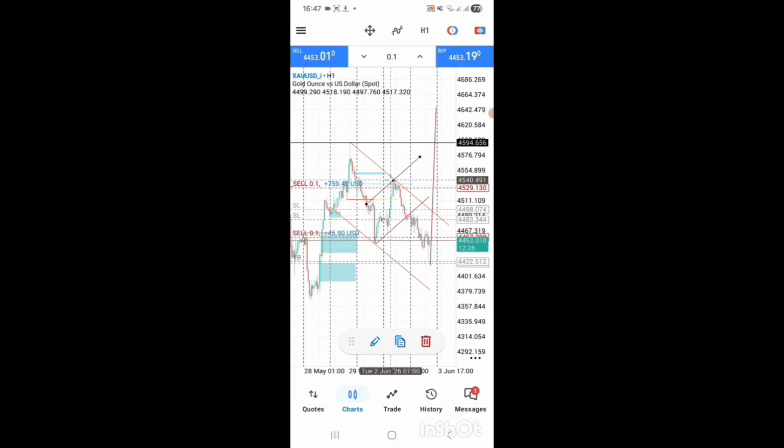However, it's a setup in a setup, because the setup is not finished. This is a bigger setup, and this is the setup in the setup. It's a trend in a trend. See, because this whole setup I'm waiting to happen here happened already here. Break of structure, came down, did that one touch, two touch, broke structure again for it to tap on here.